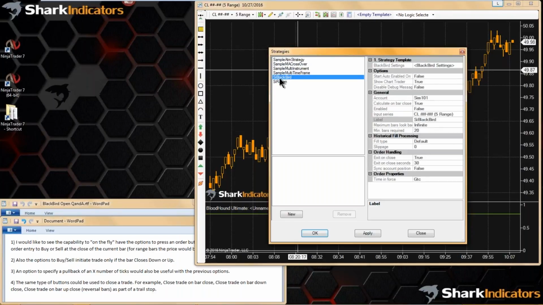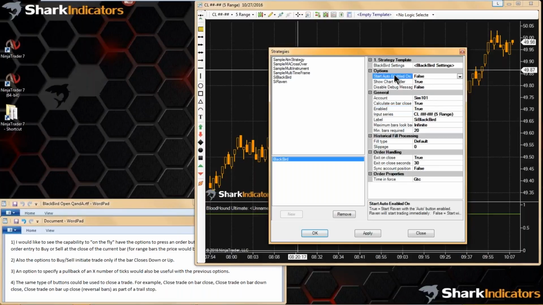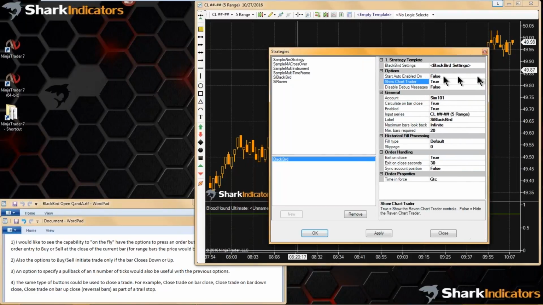And then we just go down to the SI section and we'll find SI BlackBird there. Essentially you just need to enable it. There's a couple of extra options here, so I'll just cover these real quick. So if you already have a BlackBird